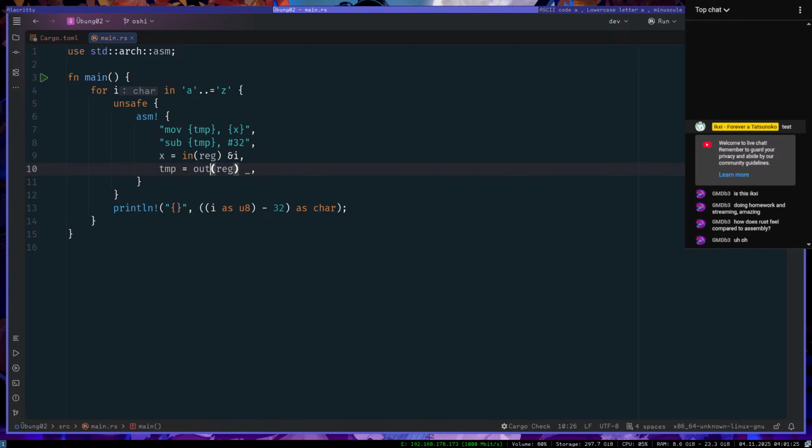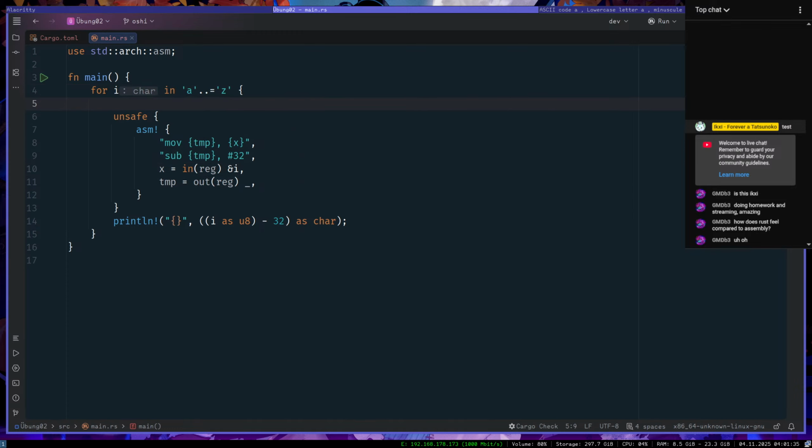Okay, I gotta understand this a bit right now. So let J char. Cannot use value of type char for inline assembly.